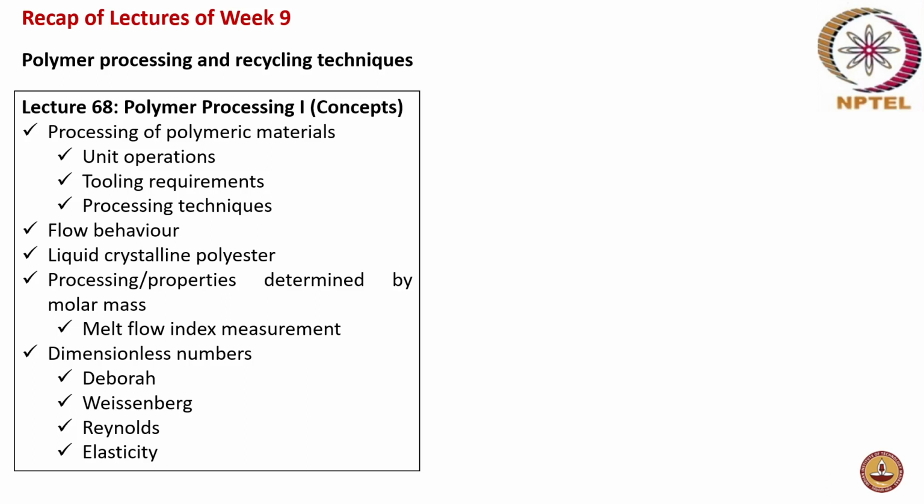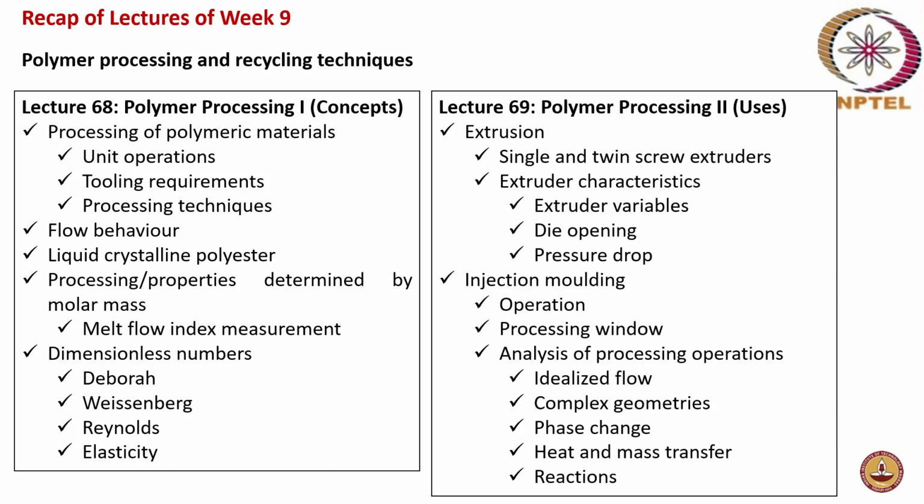polymer processing 1. And the final lecture for the week was on polymer processing 2. Here, two polymer processing operations: one was extrusion, which was discussed in detail, with a detailed explanation of the single screw extruder and extruder characteristics; the extruder variables, die opening, and pressure drop were discussed. And then the injection molding operation. How does the injection molding operation happen? What is the processing window in which you get a good product in injection molding? And how do you analyze